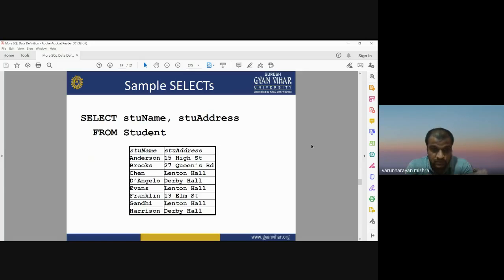Okay, you can use multiple columns when you are running the select command. So select student name, first column, comma student address, second column, from which table? Student table. So now it is showing two columns out of four, because here we have selected two columns, student name and student address. So student name, student address, now we have two columns. Okay,